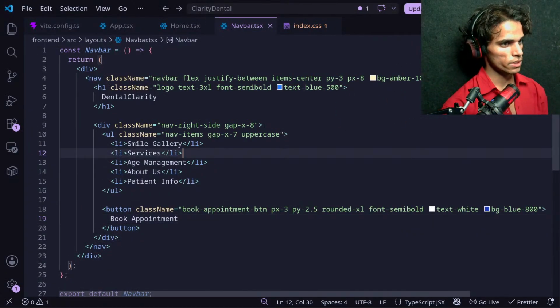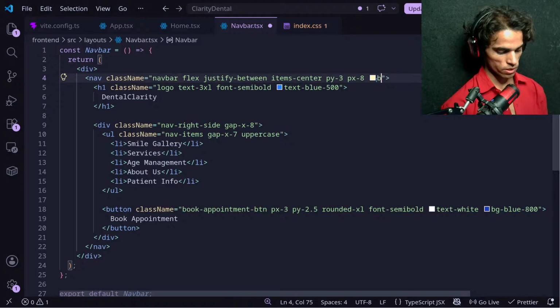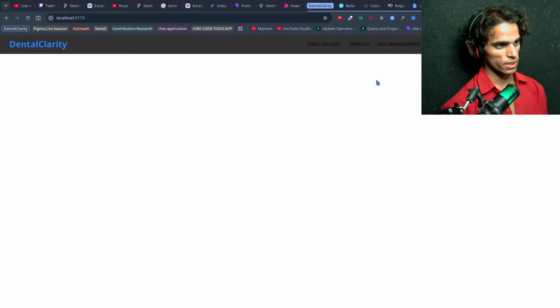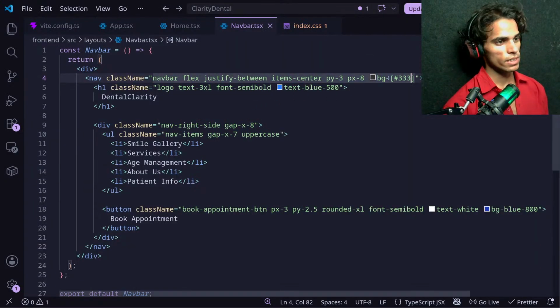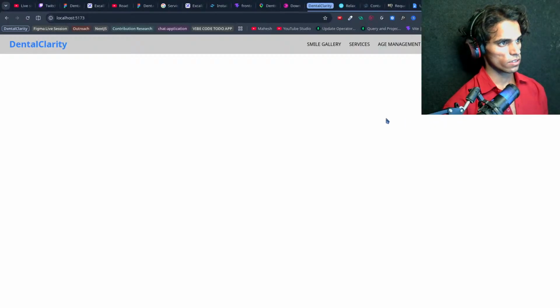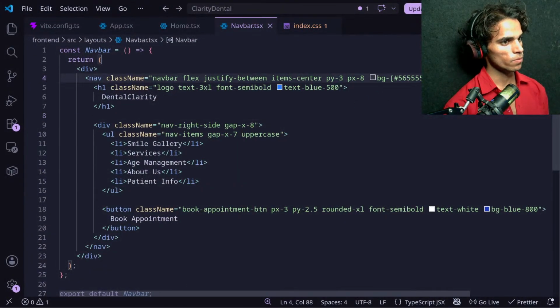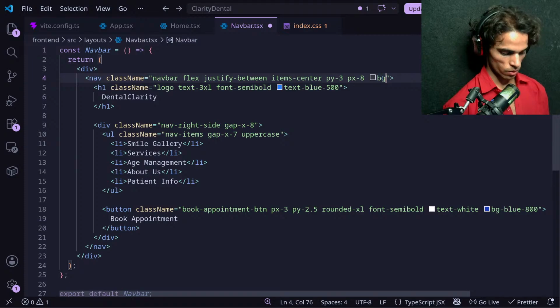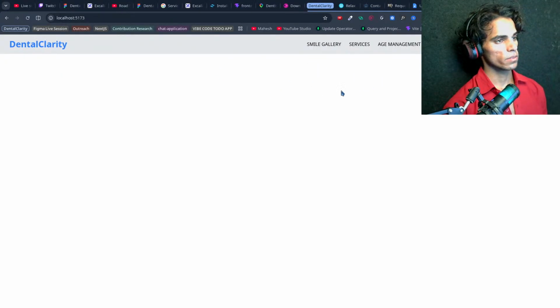And for BG, I don't want to give this, this is just normal. I would like to have BG like this, okay, a little like this. So I want to keep this here, and I would like to see BG gray around 200 maybe. Yeah, this is the background I want, okay, and this is great for now.